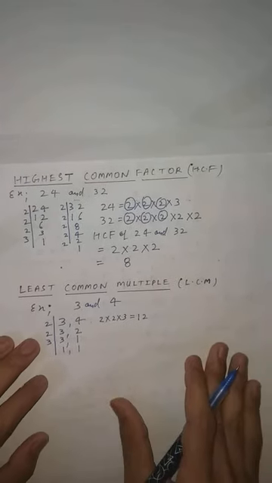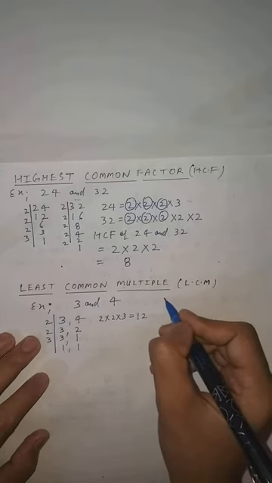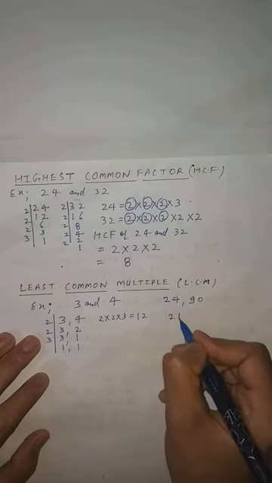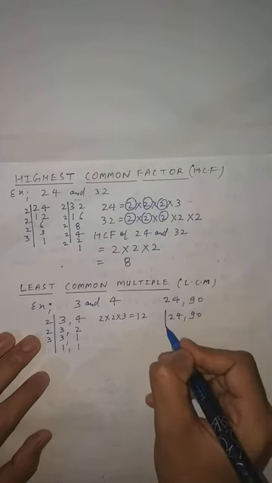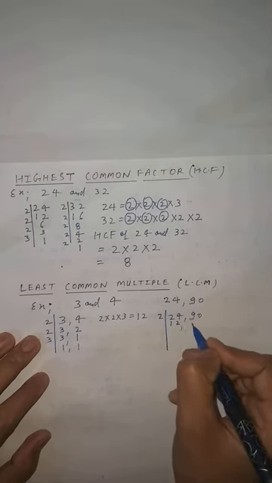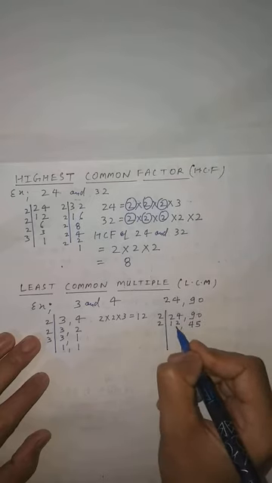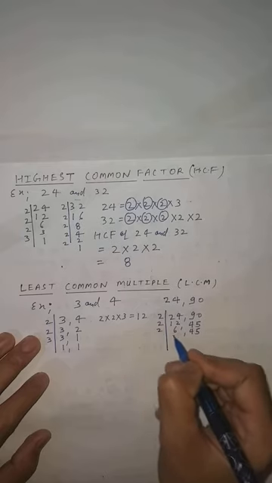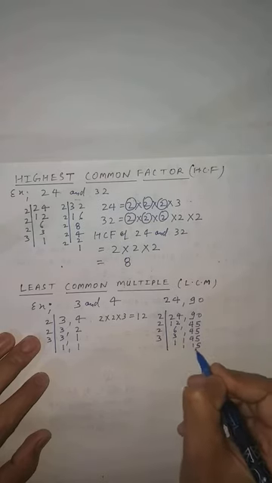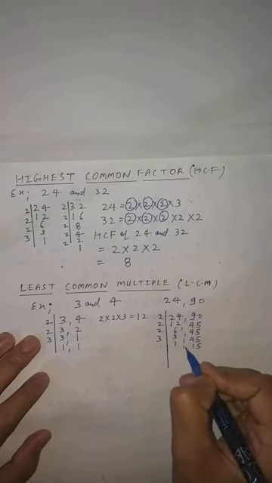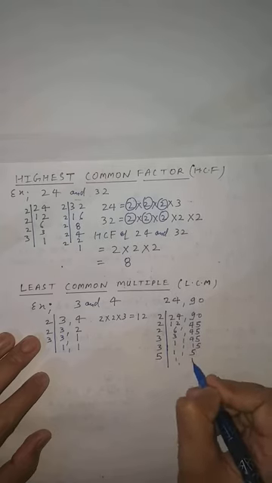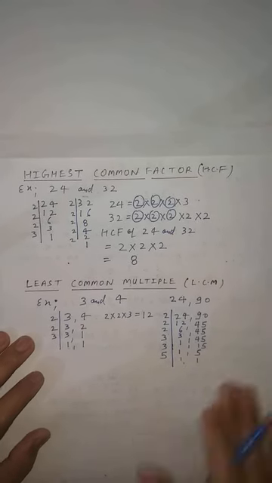Clear students? Further, if I take another example like 24 and 90, you have to find the LCM of this. This is a little bit bigger number. So how will you write it? You will write it together. So 2 1s are 2, 2 2s are 4, then 2 4s are 8, 2 5s are 10, then 2 6s are 12, 90 not divisible by it, so write down the same, then 2 3s are 6, then 45 same. Now 3 1s are 3, this will come 15. Students, this is the comma, okay. Then 3 1 same, 3 5s are 15, then 5. Clear students? So at last 1 came.